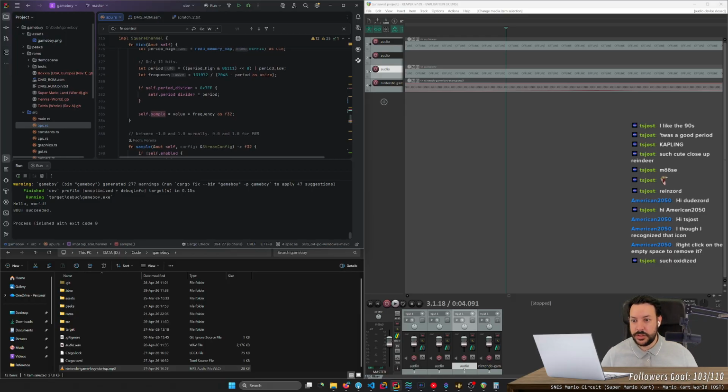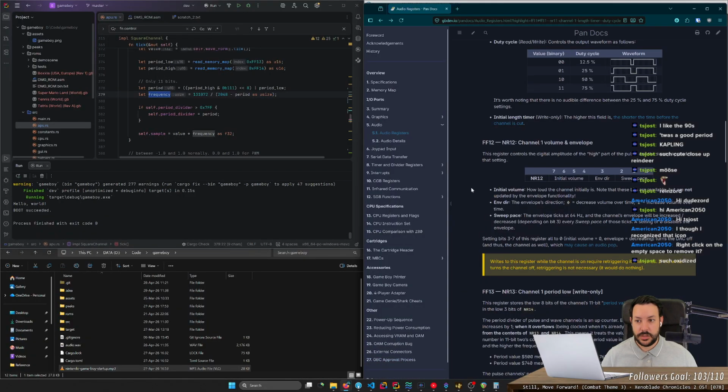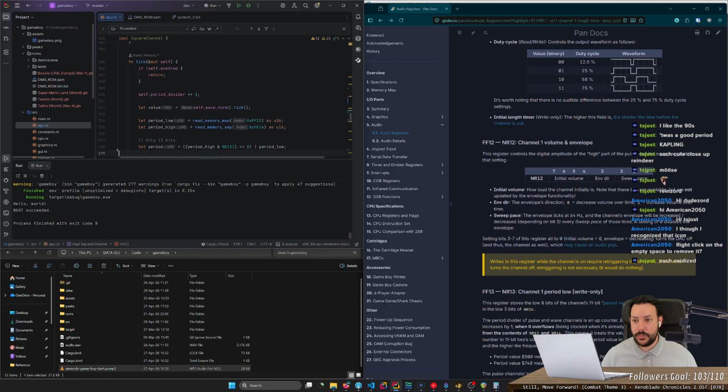We already learned that whatever... No, but sample is only the amplitude, so I shouldn't put the frequency there. I should, if anything, only put the value, right?